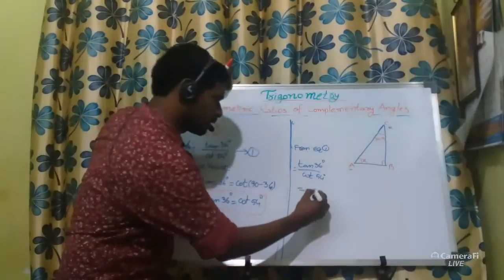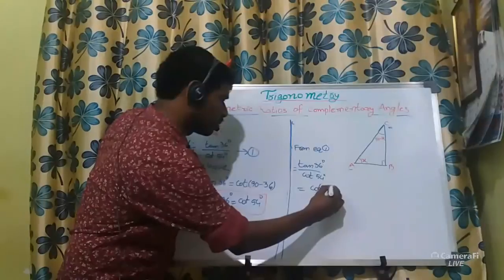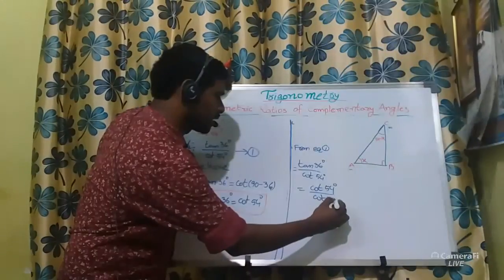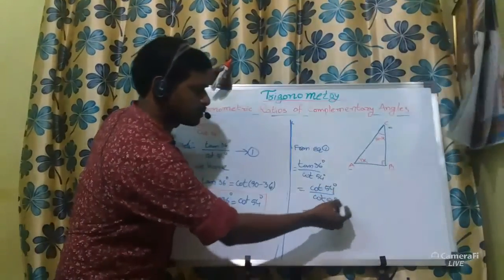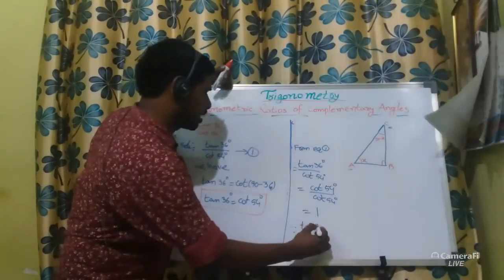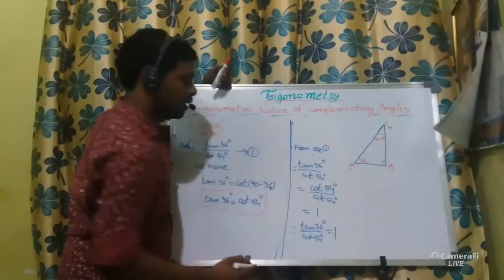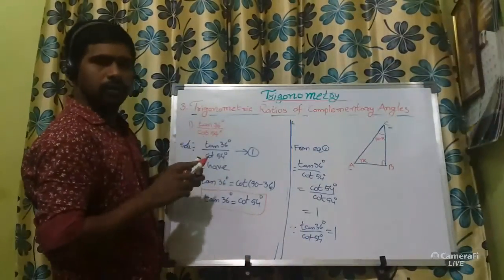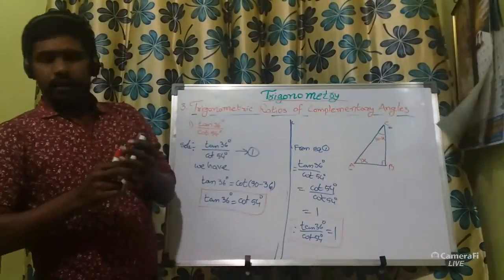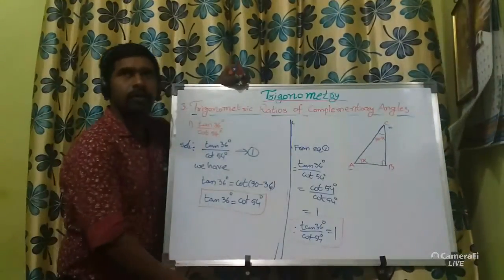So I am taking tan 36 degrees is equal to cot 54 degrees, and the denominator is also cot 54 degrees. Cot 54 in the numerator and cot 54 in the denominator, therefore it is 1. Therefore tan 36 degrees by cot 54 degrees is equal to 1. So this is the value of the first question. Okay. Next question, cos 12 degrees minus...